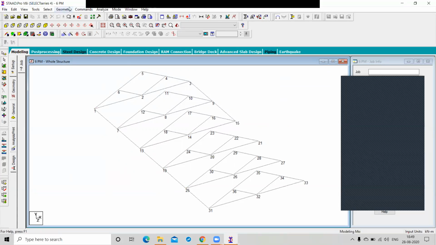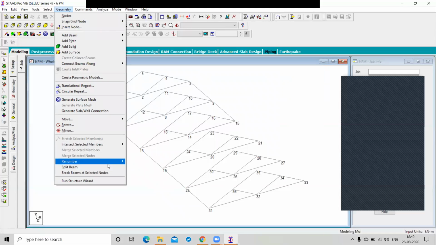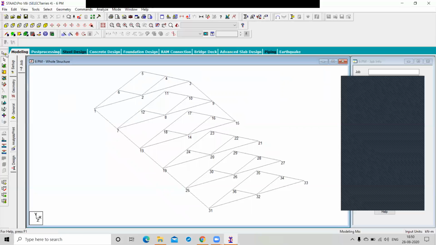The next command is break at selected nodes. You have a member which is passing through certain nodes. So you have to select your node. See, this member is passing through node numbers 7, 13, 19, right?